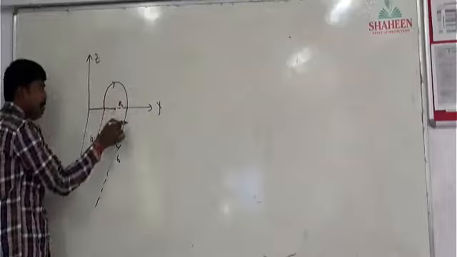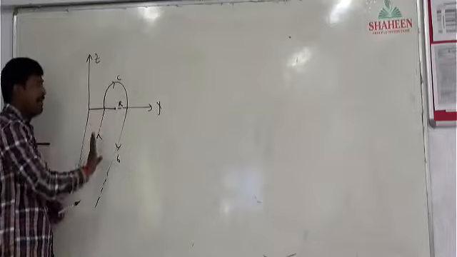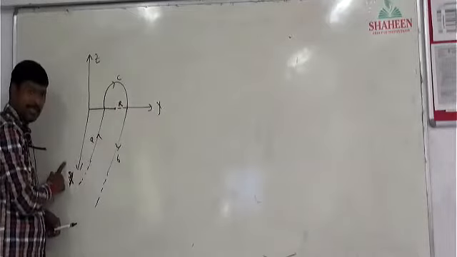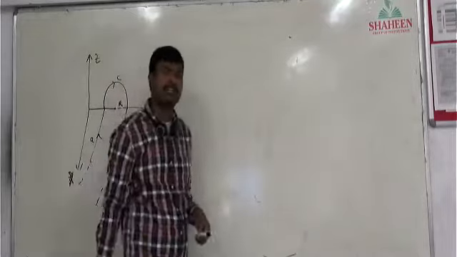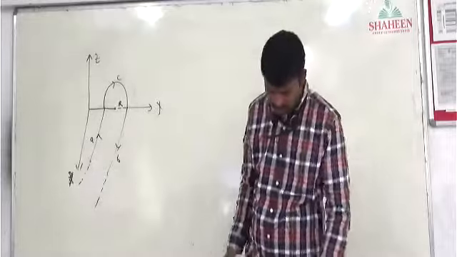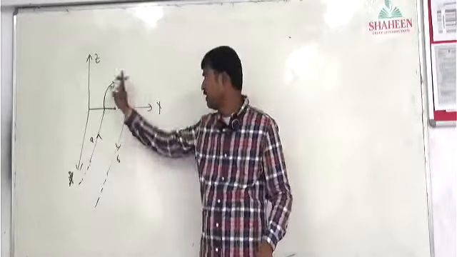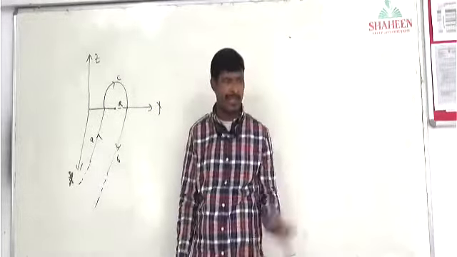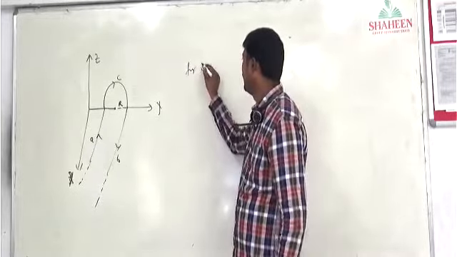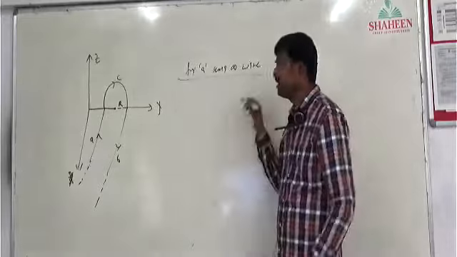But for the semicircle, let us say this is C. For the semicircle, in the ZY plane, the magnetic field is inward. Inward means negative X axis. So three parts: two semi-infinite wires producing magnetic field at this point, and one semicircle producing magnetic field at that point. We'll find the magnetic field of semi-infinite wires A and B and semicircle C individually, and add them together. We'll get the net magnetic field. So first for A, the semi-infinite wire.